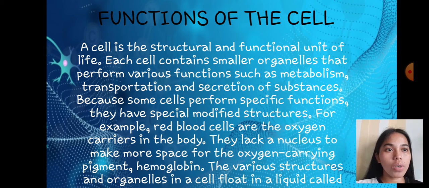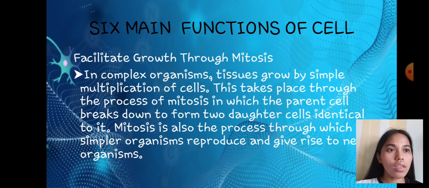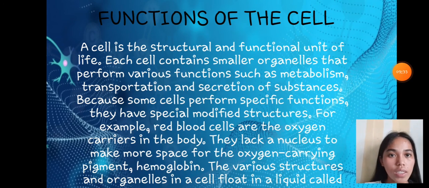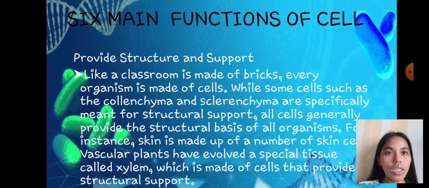For example, red blood cells are the oxygen carriers in the body. They lack a nucleus to make more space for the oxygen-carrying pigment, hemoglobin. The various structures and organelles in the cell float in a liquid called